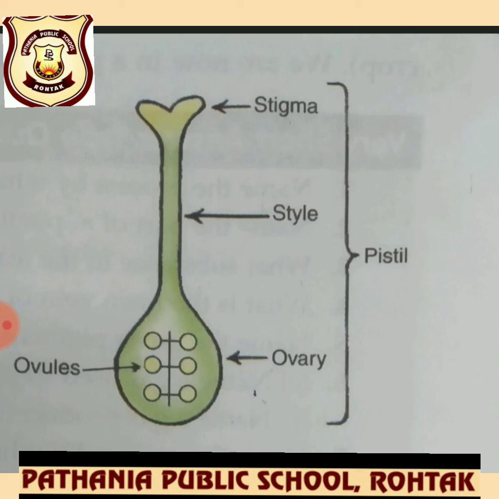If we cut the ovary of a flower, as I already showed you, if I cut the flower vertically with a blade, we can easily see the tiny egg-like structures, as I already showed you using the hibiscus flower. These contain the female sex cells of a plant. So this is how the plant structure is shown. In most plants, stamens and pistils are present in the same flower, and in some plants stamens and pistils are present in separate flowers.